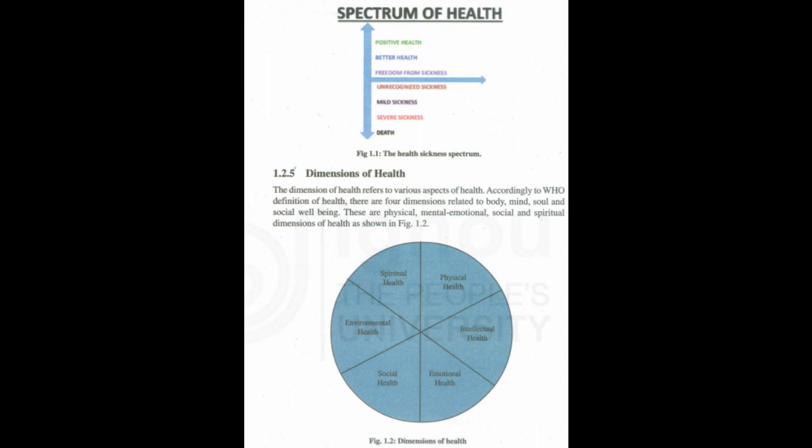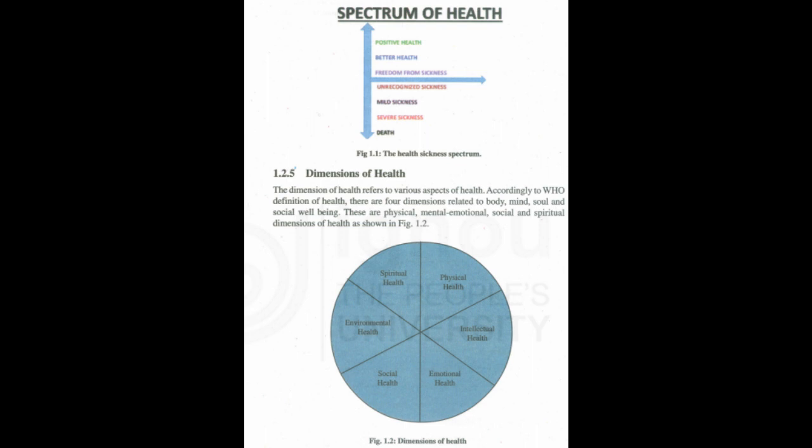Hence, the lowest point on the health disease spectrum is death and the highest point is positive health. A person may function at a maximum level of health today and at diminished levels of health tomorrow. It means that health is a state not to be attained once and for all, but ever to be renewed. There are degrees or levels of health, as there are degrees or severity of illness.